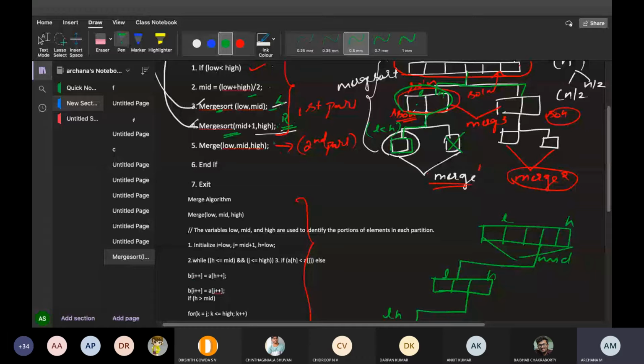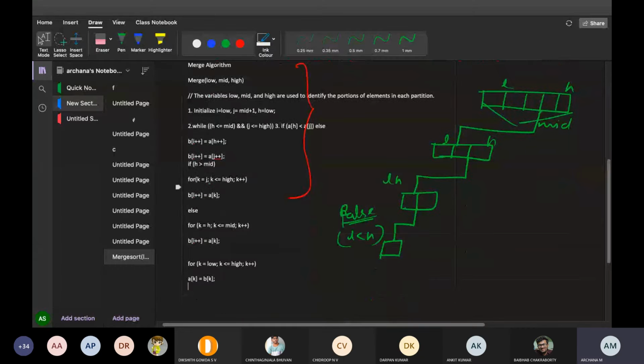Okay, the code is not proper over here. This is just an algorithm. As soon as this right hand side is called, the right hand side will be called and directly the merge will come. As soon as the right hand side is called, directly the merge will go, and now the merge will occur. Look here, this is just for your explanation.